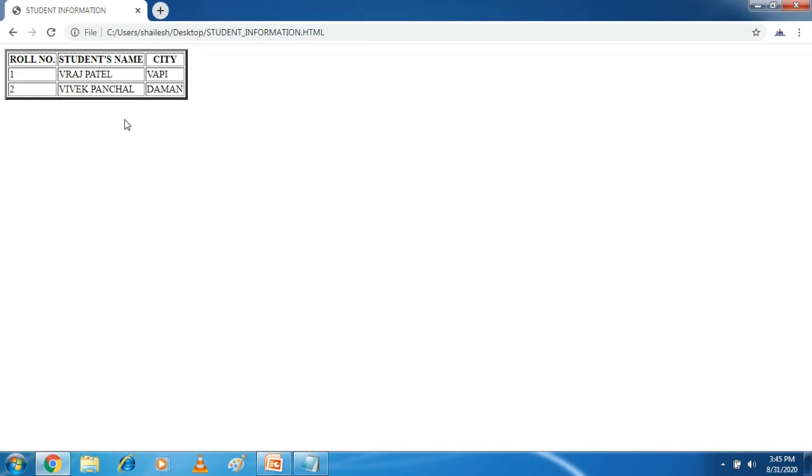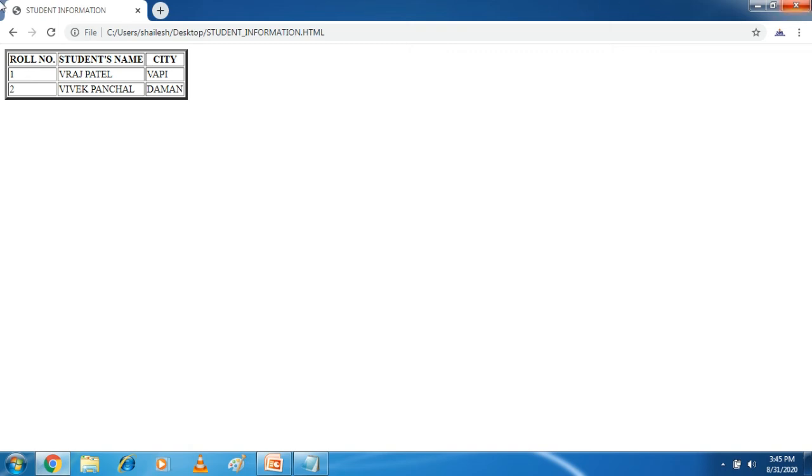The bgcolor attribute sets the background color for the table. The value of bgcolor is given in two ways. Either you can write a color name or a 6-digit hexadecimal code. So in both ways you can apply the background color in the table.